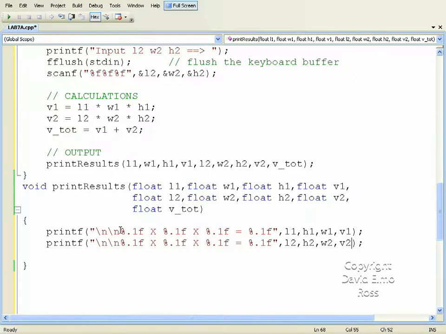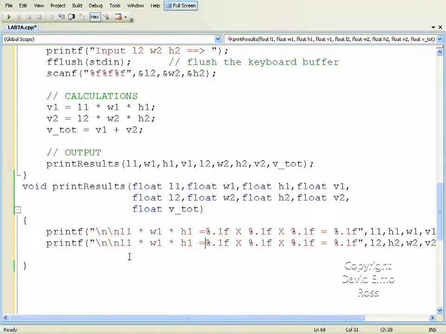We can say, okay, let's say L1 times W1 times H1 equals. And we can do the same thing. Let's just copy that again, Control C. Let's be really fancy here. And we'll also do one last thing here. We have to say printf, whoops,